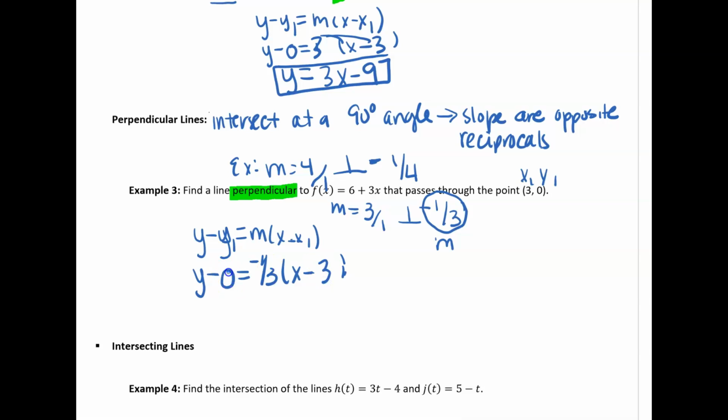My y1 is 0. Again, solving that, so I'm going to distribute. It gives me negative 1/3 x. Negative and negative make a positive. 1/3 times 3 gives me 1. And then y minus 0 is just y. So I quickly created a line that was perpendicular to the one that was given and going through the point